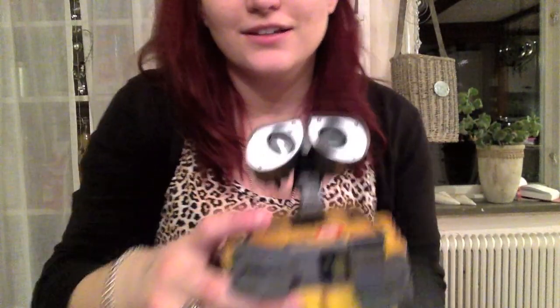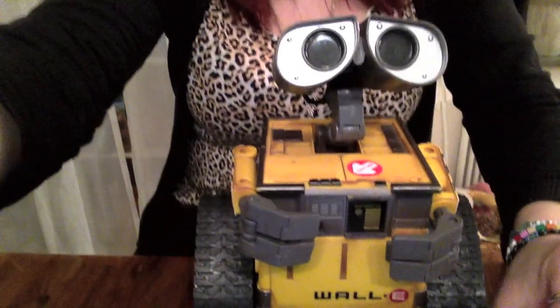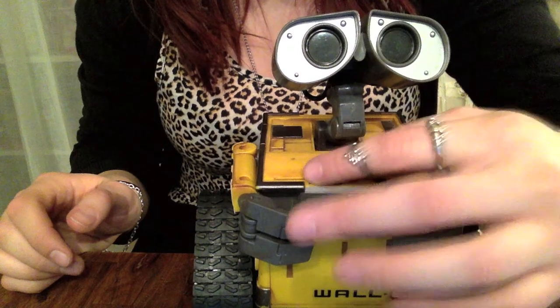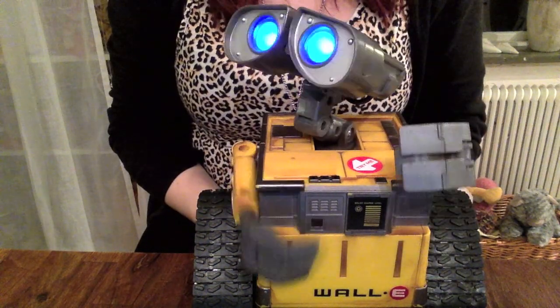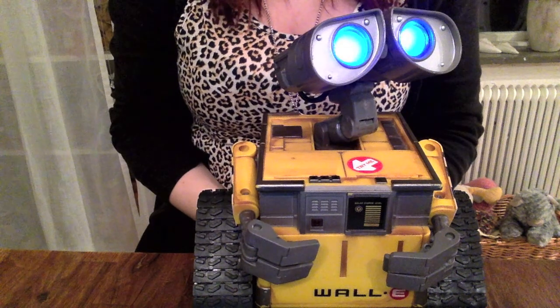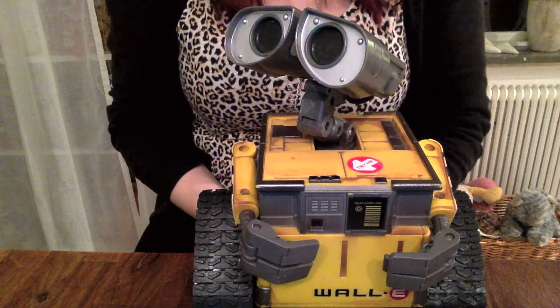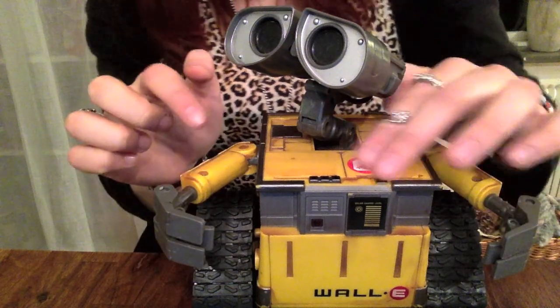He has a button. He has 2 different settings, a play me setting and a try me setting. I'm going to turn him onto his try setting because his play me setting kind of scares me so far. He has a button up here that you can press, and then what he does is adorable. So I'm just going to tilt the screen a little bit, sit him down here so you guys can see him. And just look at those eyes. Okay, you ready? Where's the button? There's the button. And you can extend his arms, and then when you press the button,